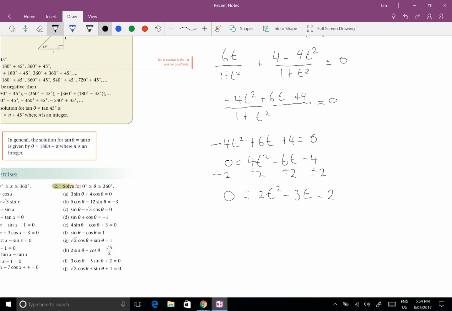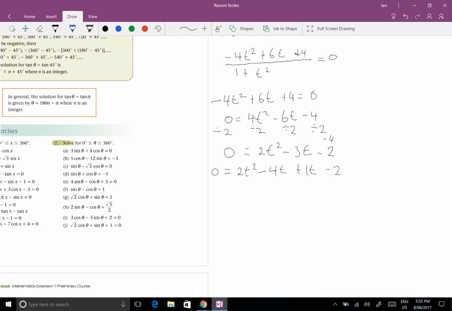Okay, so let's do this split method, which we've done many times in class. So we'll get 2t squared. Now, 2 times 2 is negative 4. So I need something that multiplies out to negative 4 and adds up to negative 3. So that'll be negative 4t plus 1t minus 2. Should be getting pretty good at doing the split method. And I'll get 0 equals